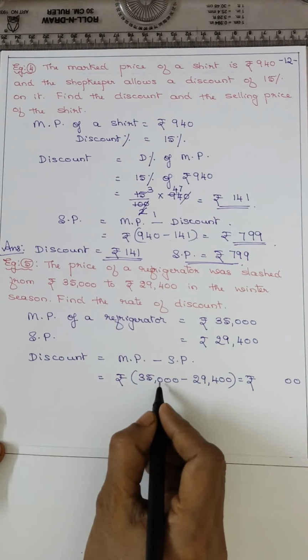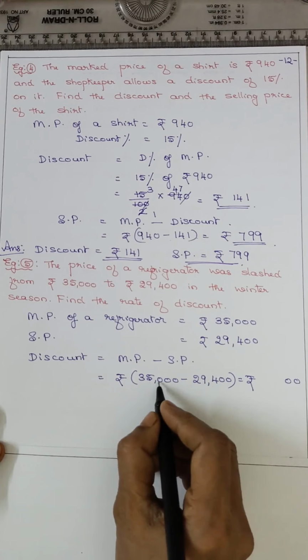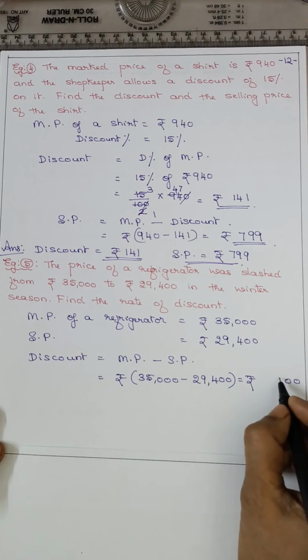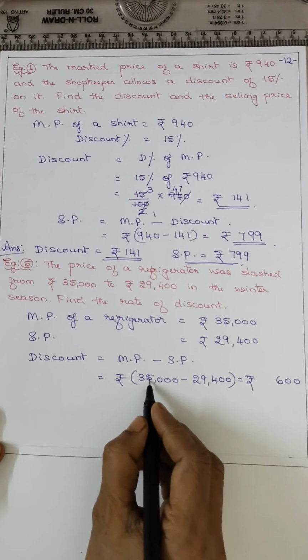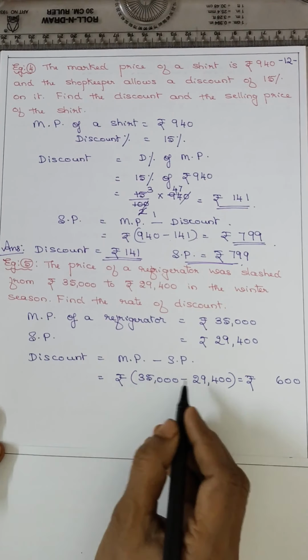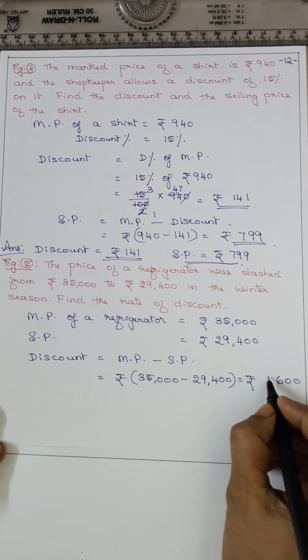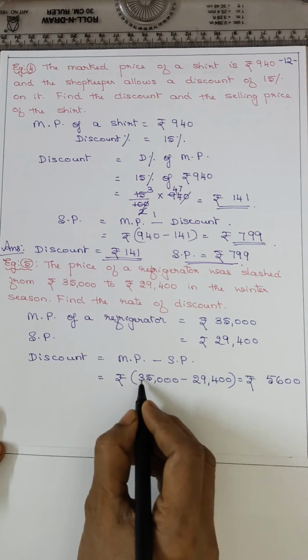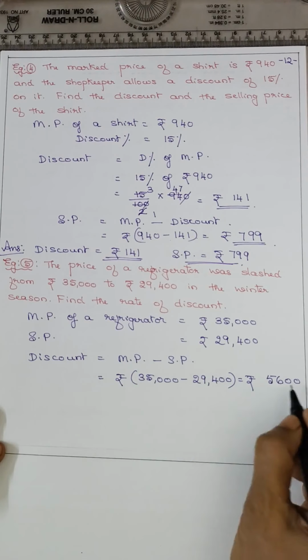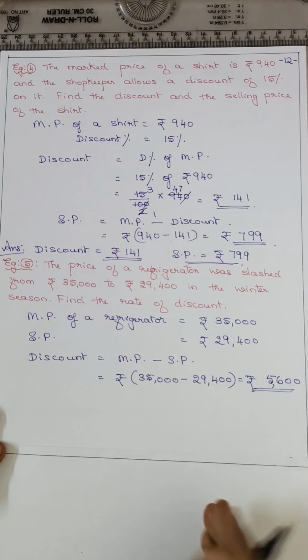Now 0 minus 4 means 10 minus 4 is 6. Here it is 4. 14 minus 9, that is 5. Here it will be 2 minus 2, 0. So you got